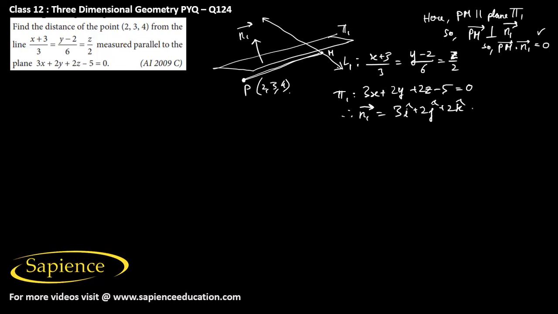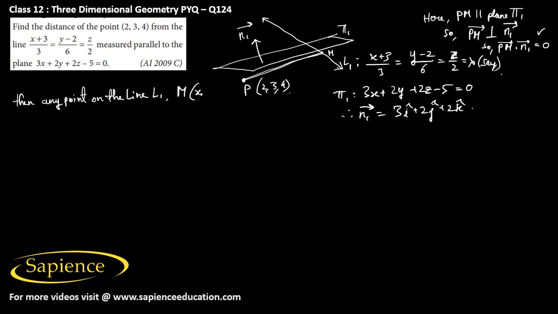So if we take this equal to lambda, say, then any point on the line L1, which is suppose point M,